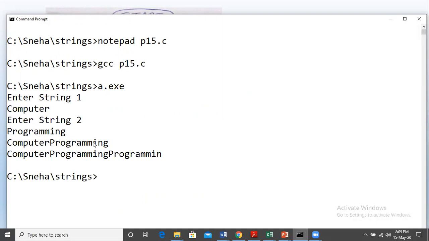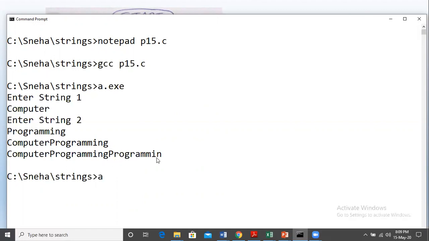So for strcat, we just appended. Now string 1, please note, string 1 is computer programming. It is not computer. Now string 1 has updated to computer programming. To the end of it, we need to append the first 10 letters of string 2. That is excluding G, the first 10 letters are appended to the end.